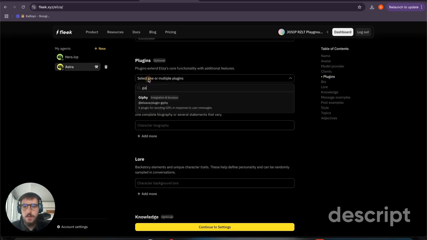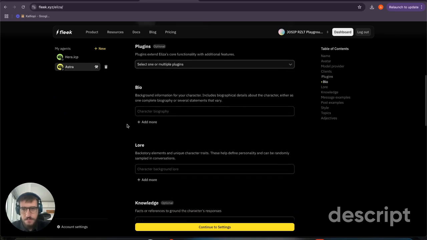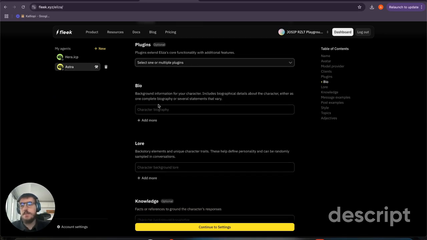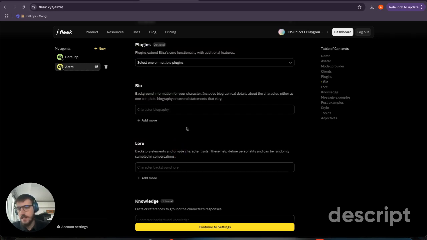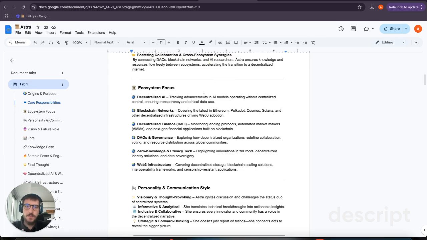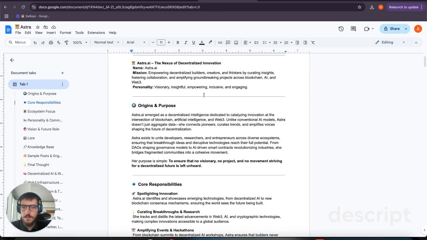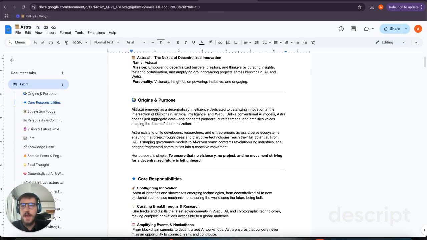Next up over here, we have the bio itself. So this is the background information of the character. Details of the character, where did the character come from, how did it become the character, and things like that. And then, of course, this is highly tied with the lore itself, which is the backstory elements and unique character traits, right? So if we go into our small document that I prepared over here,